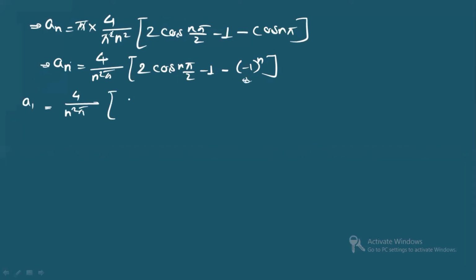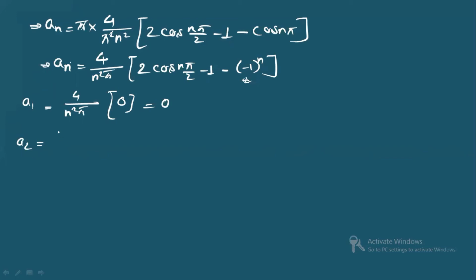Okay. So if you see here, if you will put n to be what? 1. So cos pi by 2, that is what? 90 degree. What you will get? It will be 0, right? And this will give you what? 1. So it will be giving you what? Negative minus a plus. Okay, so ultimately minus 1 plus 1 will give you what? 0. So a1 is equals to what? 0. Now we will calculate a2, right?